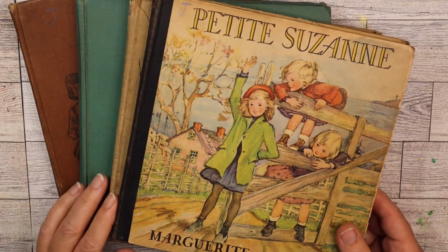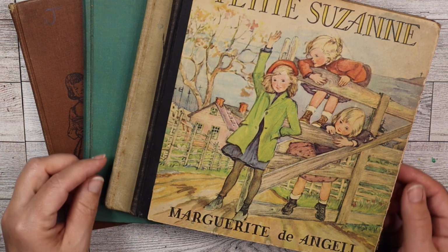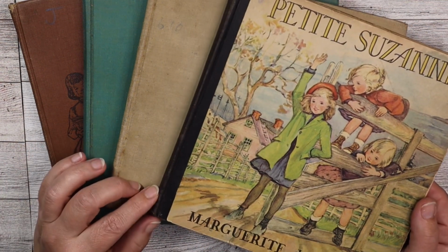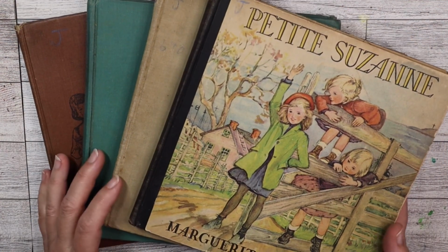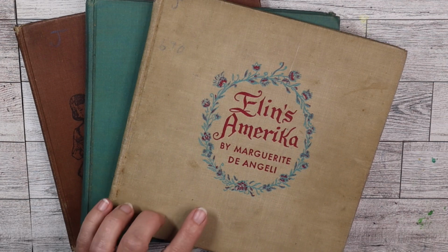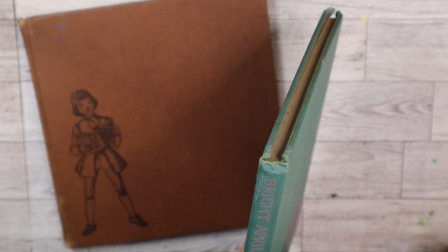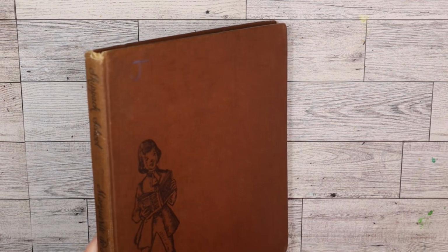And we're going to go right into some more vintage books. I picked up this set of books, all by the same author, Marguerite d'Angeli, or Angeli. Not sure if I'm pronouncing that correctly. There was a series of 4 of them all together, and this was in the secondhand bookstore. So this is Petite Suzanne, Ellen's America. This one is Bright April, beautiful bird. And the last one here is Skippack School, or maybe it's Skippack,